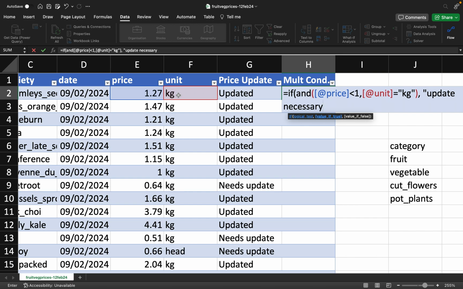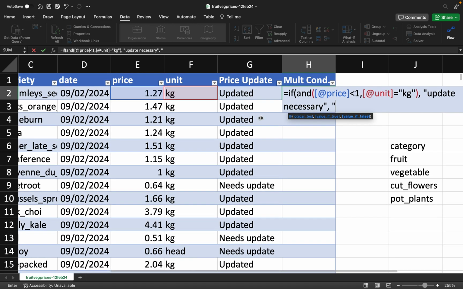Once it's greater than 1 and it's in kg, then I'm good to go. But if it is less than 1 and it is kg, I feel like this value needs updating. Otherwise, I want to check again. If I wanted to check again, I would put another condition, or if I just wanted to put it false, I'm just going to say something like